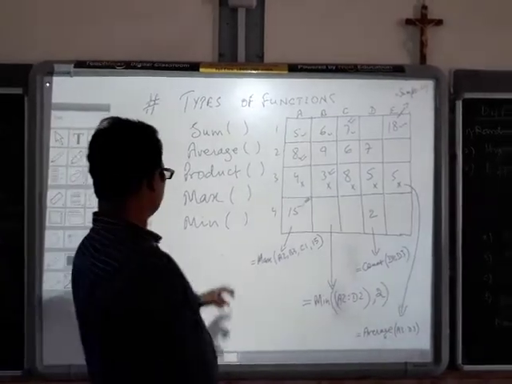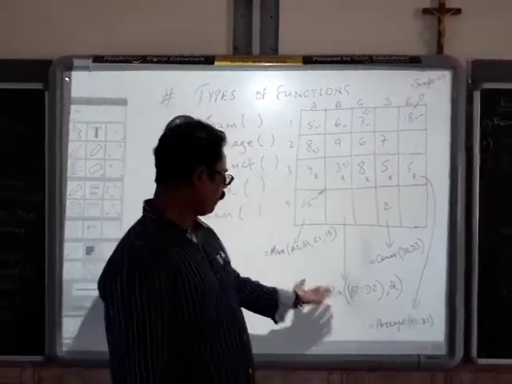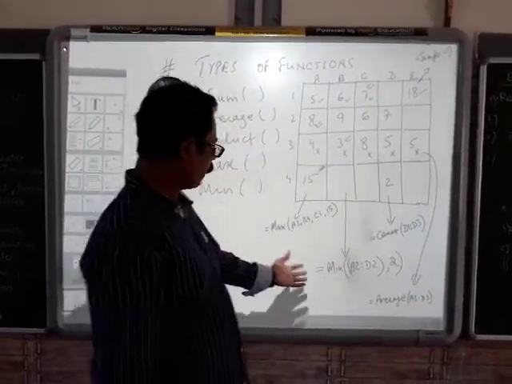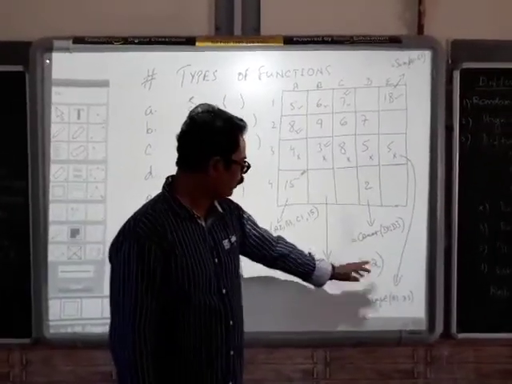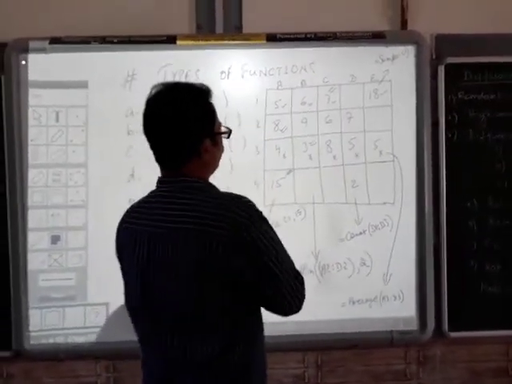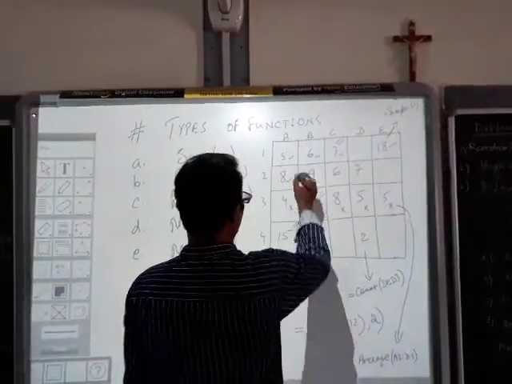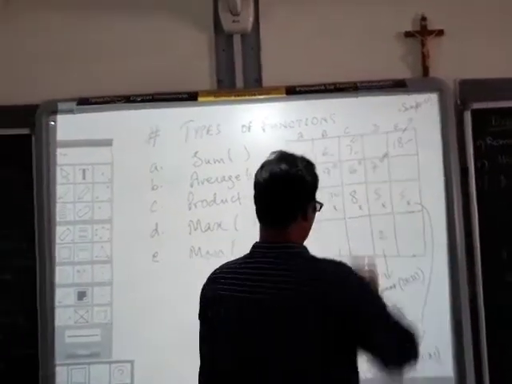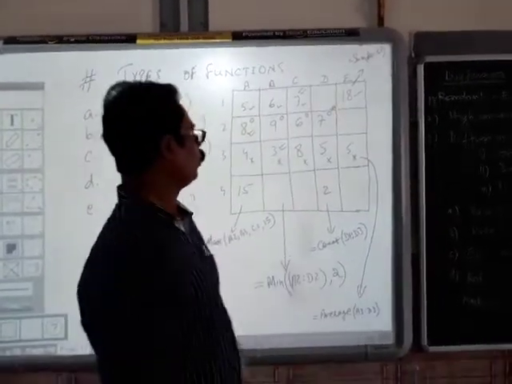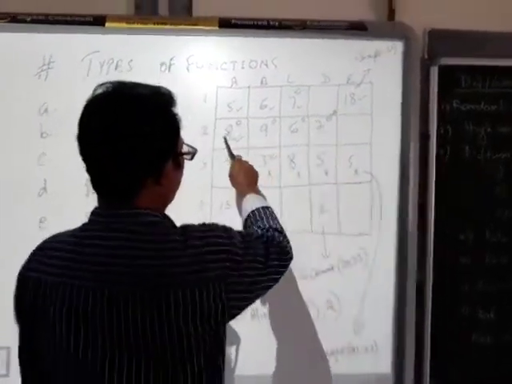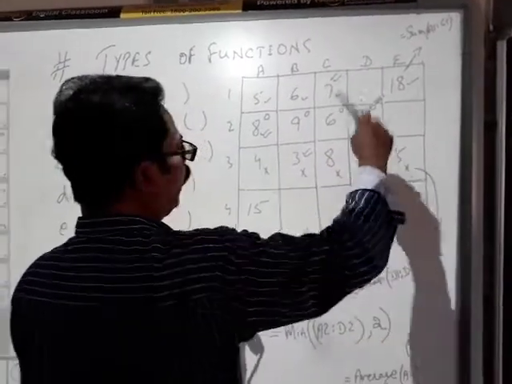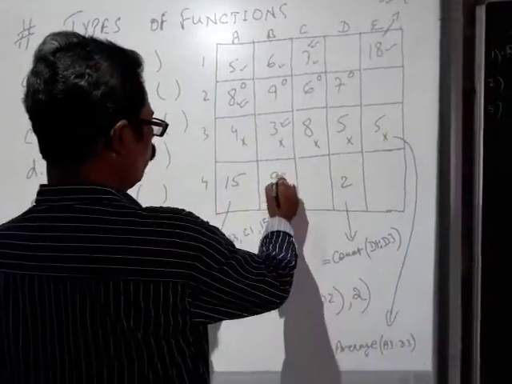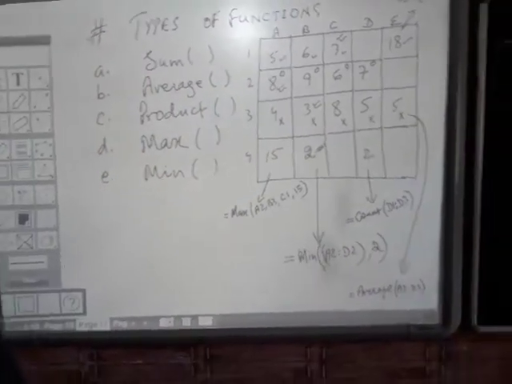Then we have another one, that is minimum, MIN. The short form for maximum is MAX, and the short form for minimum is MIN. So in case of MIN, what happens? When we find MIN(A2:D2), it takes from A2 to D2, including all of this plus the 2. That means this, that is 8, 9, 6, 7 and 2. So what value are we going to get? We know that 2 is the smallest of all, and so we get 2 over there.